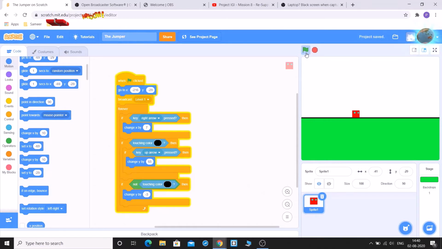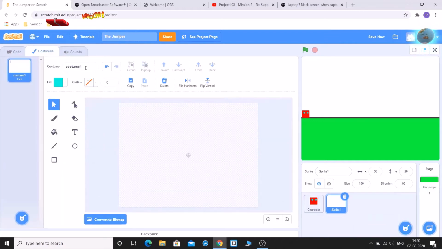Yeah, the moving block is working perfectly. Yeah, we have the jumping also now. Now, for every level we create, we need some obstacles that the character has to pass through. Yeah, we'll change the name of it also. I'll name it character. Okay, now we have to make a new sprite. This would be the obstacle for it. I will call it Spike.